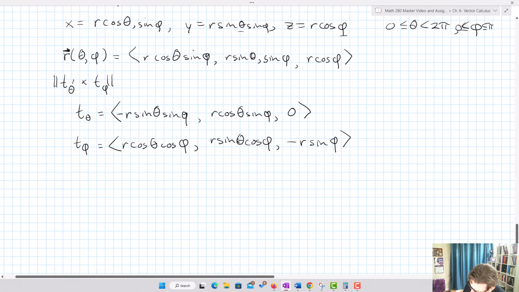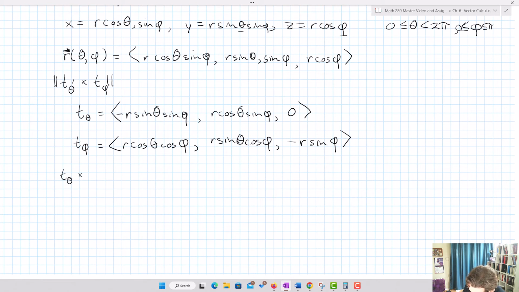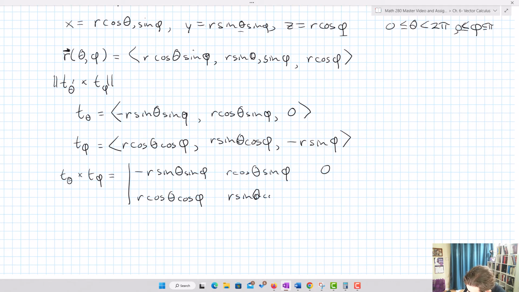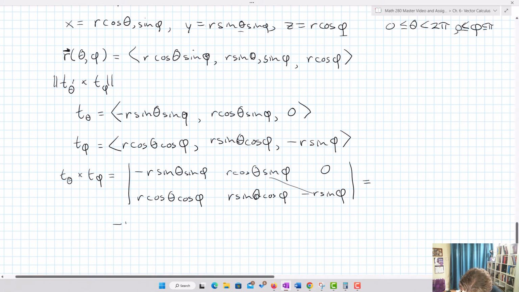Now we're going to need to find the cross product of those two. So we've got t theta cross t phi, and that'll end up equaling negative r sine theta sine phi, r cosine theta sine phi, and 0. And then r cosine theta cosine phi, r sine theta cosine phi, and negative r sine phi. Take the cross product of those, and we'll start here, we're going to get negative r squared cosine theta sine squared phi